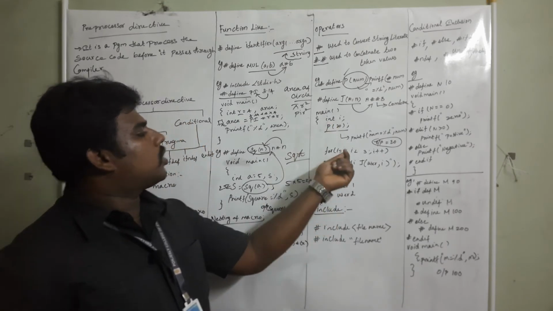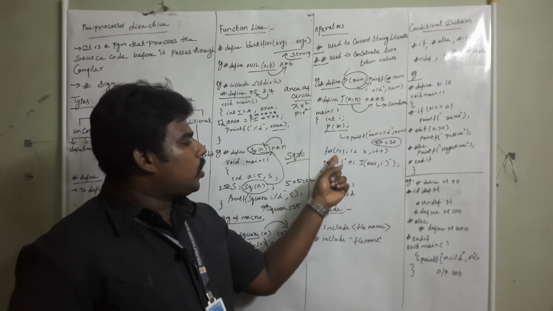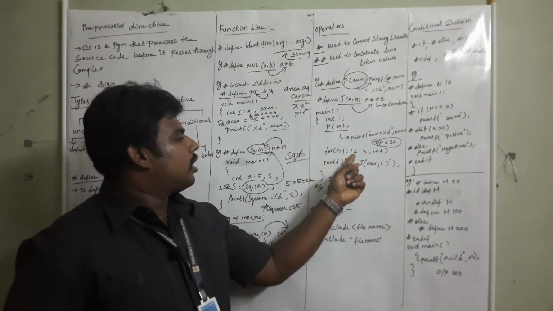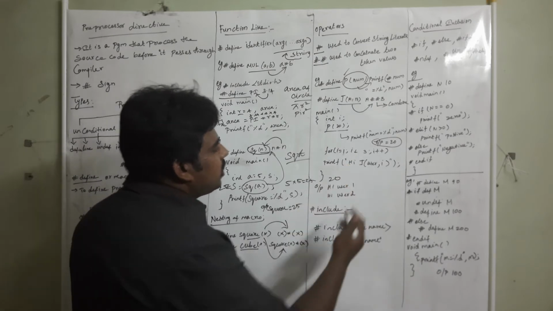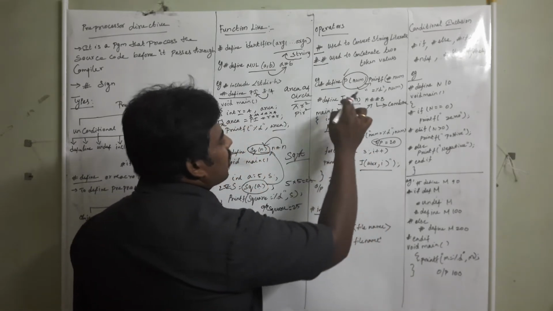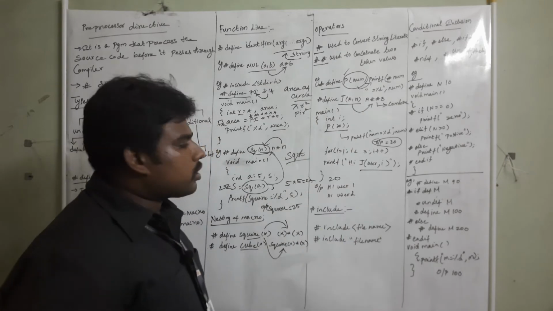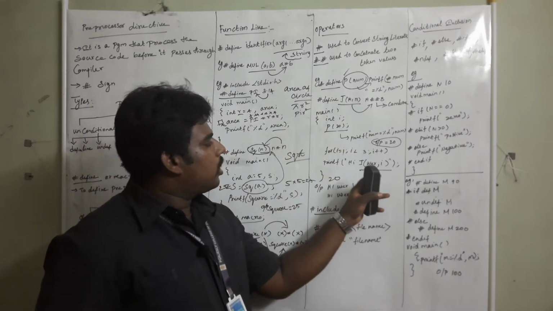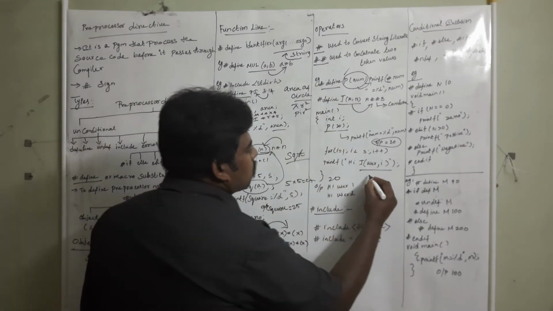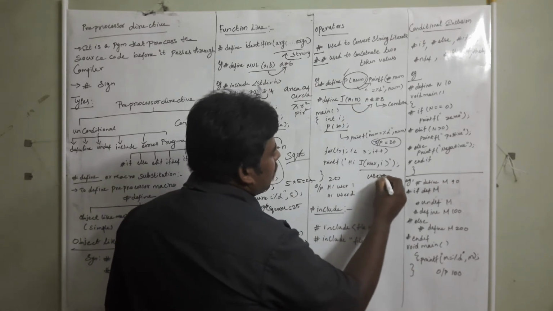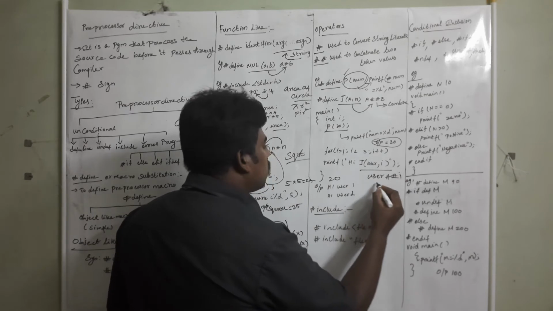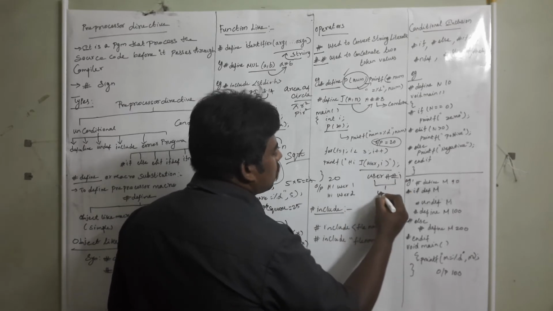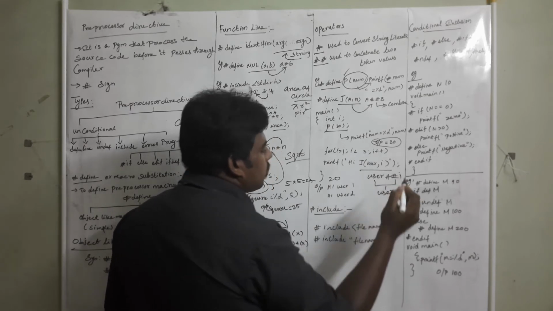Similarly, I am using one simple for loop here. For i equal to 1, initialization, i less than 3, condition is true. Hi, see here, j of, what is this j? j is the preprocessor directive, right? j of user, comma i. So what will happen? User, the meaning is user double ampersand i. So it will be combined as user i.